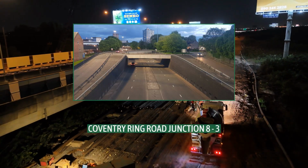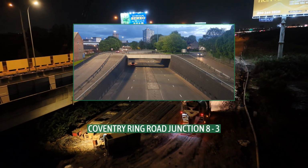Despite this, the council found that many motorists were continuing to use the old routes in the immediate aftermath of